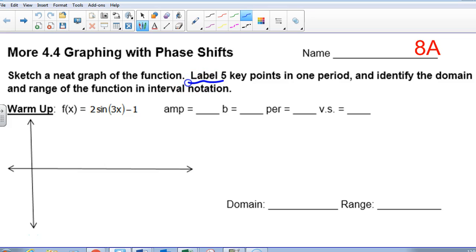You are to label 5 ordered pairs in one period. Okay? That means if it